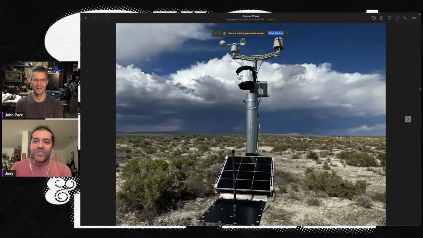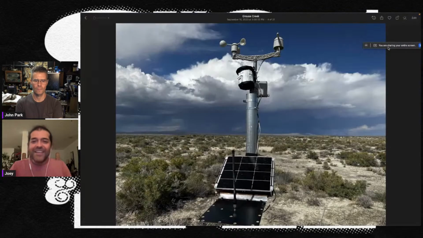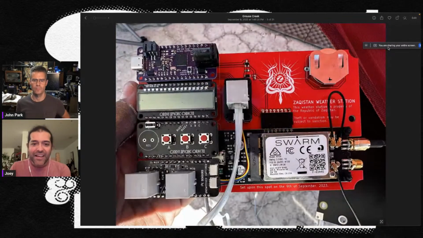But one of the things I wanted to do out there was build a weather station, because it's a de facto republic in the desert. It deserves to have its weather data known. So what do we need? We have wind direction, speed, rainfall, and then a sensor package in here, and some solar panel to keep it alive. So I designed this board. It kind of clones your Featherwing quadrupler, and has some boards of my own design, including the LCD Featherwing, which you actually sell.